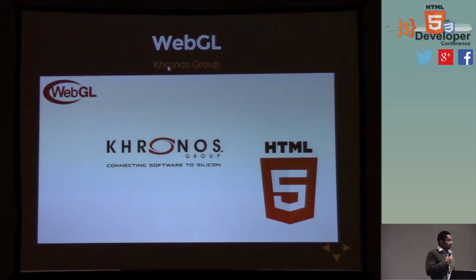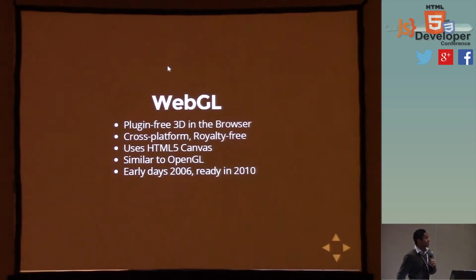So where does the ability to do 3D in the browser come from? Well, 3D is run by the Khronos Group consortium, which has a lot of large corporations spearheading the technology. OpenGL is the actual implementation that's written in native C and C++, and that's been ported over into WebGL. They tried to make the standard in WebGL as compatible as possible so that we can do that in JavaScript.